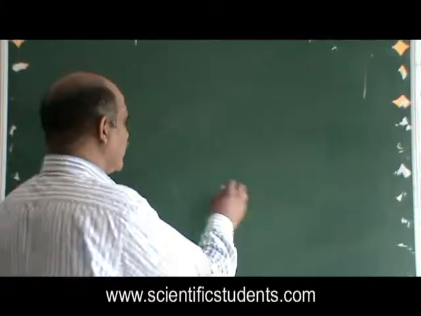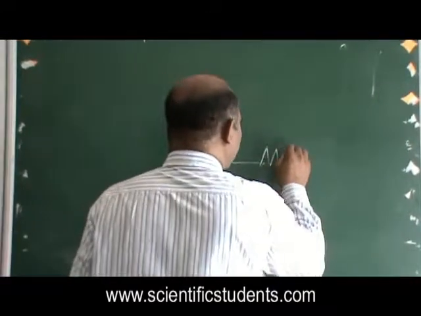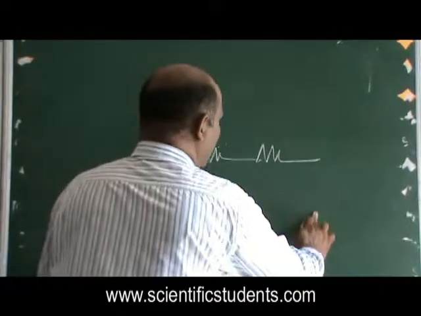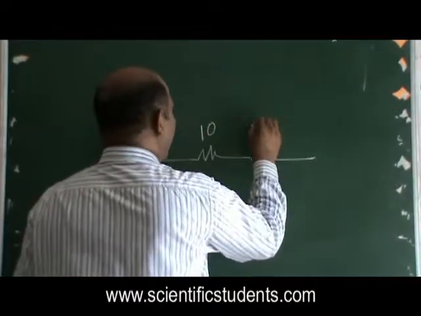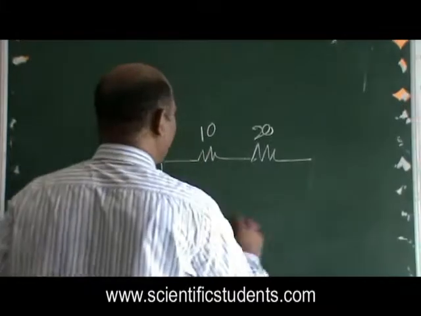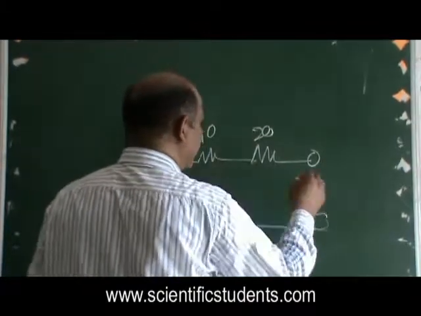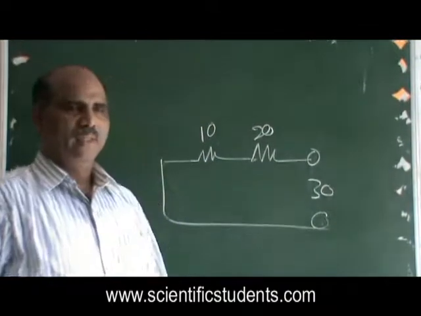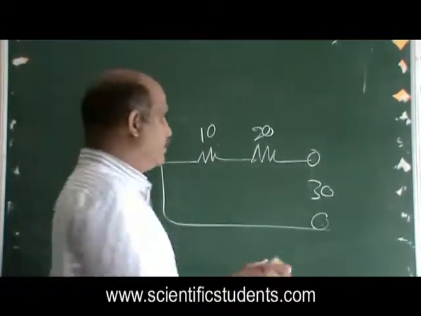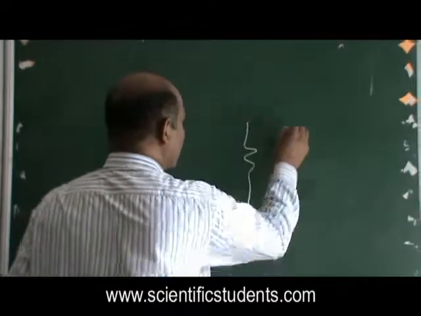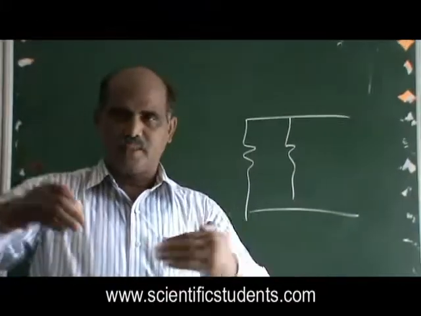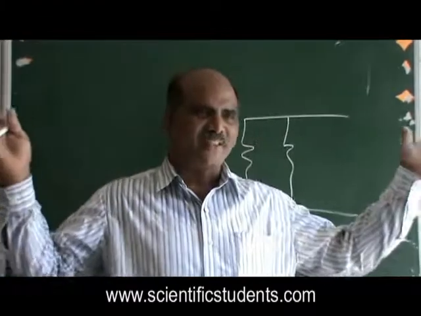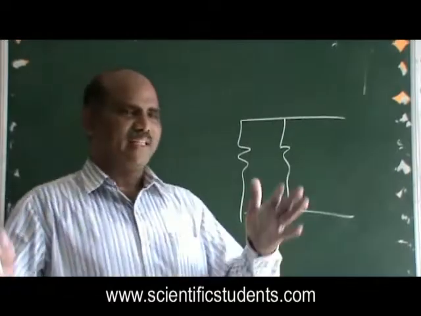However, one particular point, which is not discussed in the class: whenever resistors are connected in series, the effective resistance, when we have one 10 ohm and one 20 ohm resistor, is going to be the addition, 30 ohms. This is called effective resistance. Similarly, when you have resistors connected in parallel, my dear friends, the effective resistance is going to decrease. In series the effective resistance increases, and when they are in parallel, the effective resistance comes down.